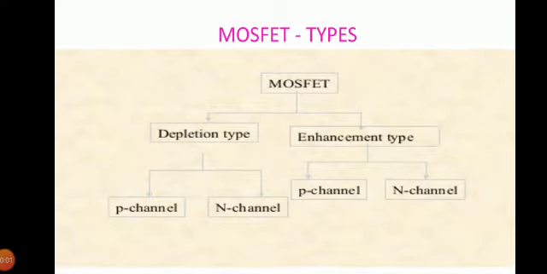Welcome to this module. In this module, we'll be looking at the MOSFET, its construction, operation and characteristics. MOSFET, metal oxide semiconductor field effect transistor, is the second category of field effect transistor. Compared to BJTs, MOSFETs can be made very small and hence can be used to design high density VLSI circuits. MOSFET is majorly classified into two types, depletion and enhancement type. The figure shows you the symbols of MOSFET, both N channel and P channel.